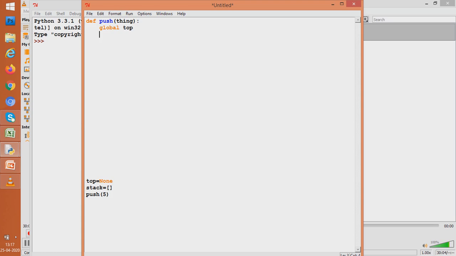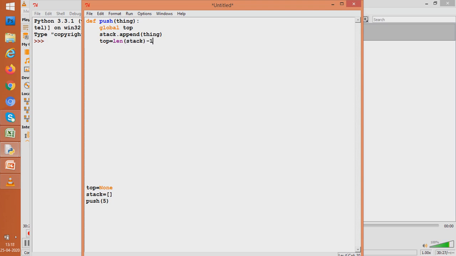Then we'll append whatever is there in thing into the list. Now things have been appended, so it is time to change the value of top. So we'll write top is equal to len of stack minus 1.